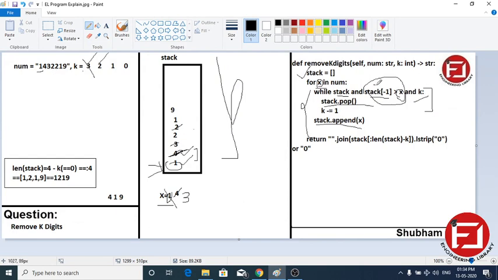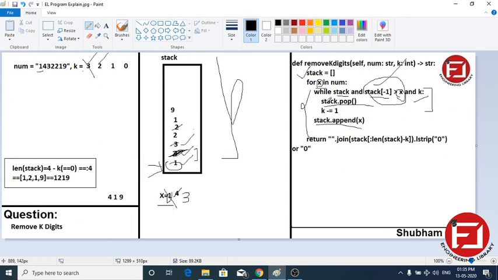The main point is to continue until an equal or lower element is found. Now again the stack top is 1. Is the stack top 1 greater than x? No. So it comes out of the loop and appends x. Now appending 3. So the earlier element is already removed.